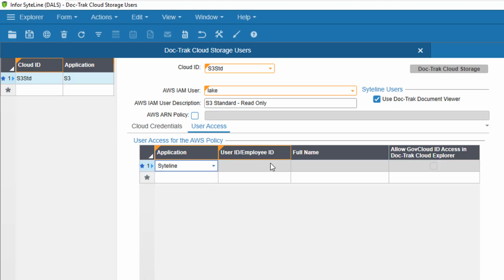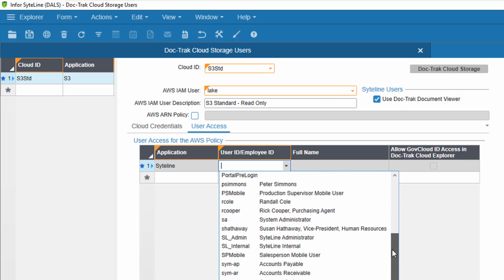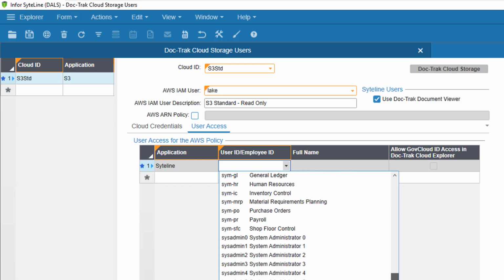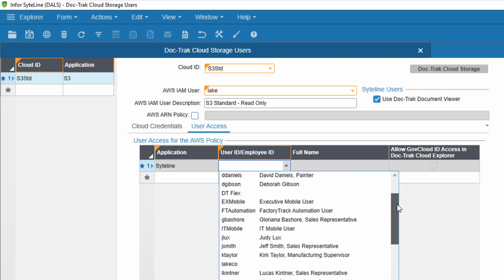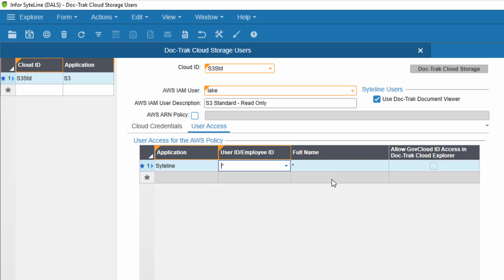Under the User ID, I can select individual Sightline users to associate with the Lake IAM user in S3. Depending on the level of security you want to implement, you may want to create records in this grid for each individual user and deny this access to everyone else. But for our example, I'll select the asterisk. Notice that this field is disabled because it only applies for Cloud IDs configured for DoD Trade Secrets.